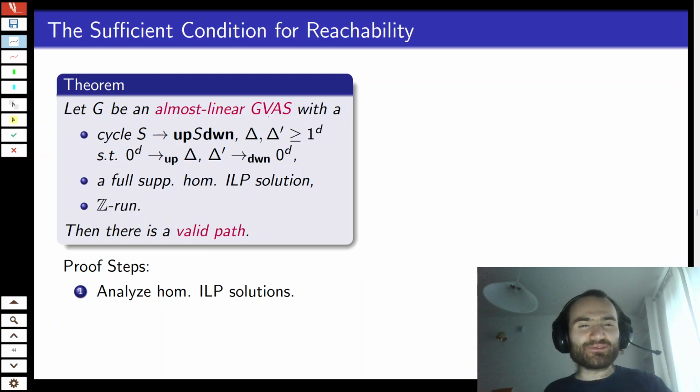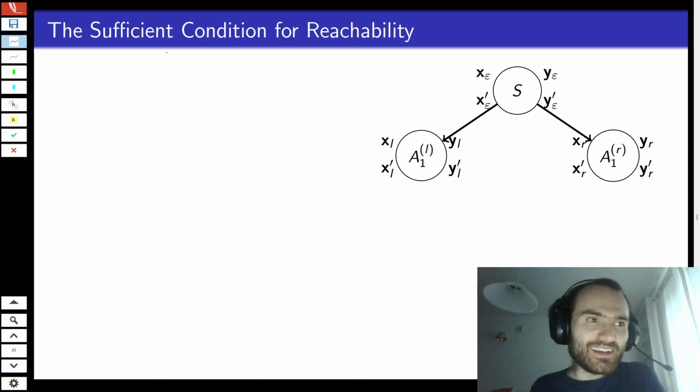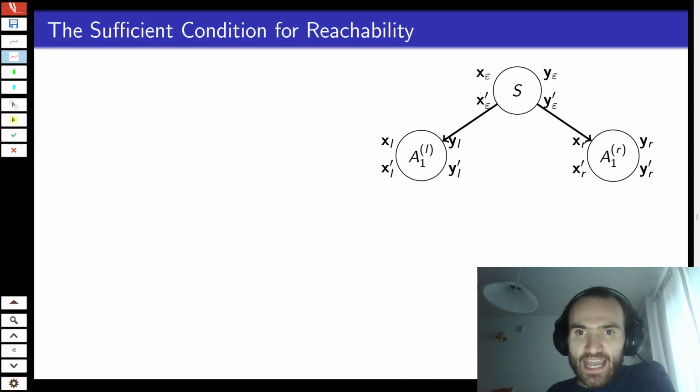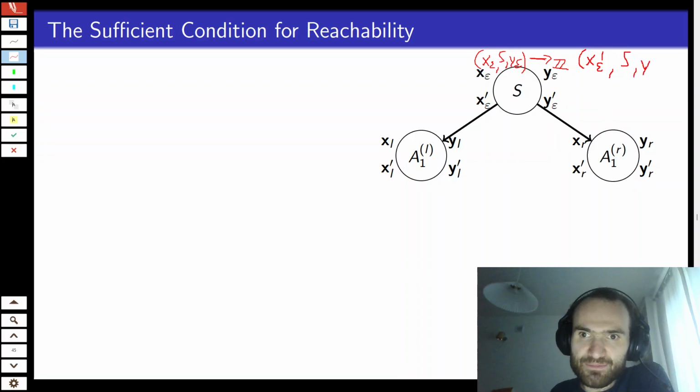So step 1 is to analyze what homogeneous ILP solutions even look like. Let's simplify this slightly and go to this situation. And okay, what does a homogeneous ILP solution look like? So a homogeneous solution, well, maybe I shouldn't have hidden this Z reachability thing. So when I say this Z reachability from x epsilon s y epsilon to x epsilon prime s y epsilon prime,